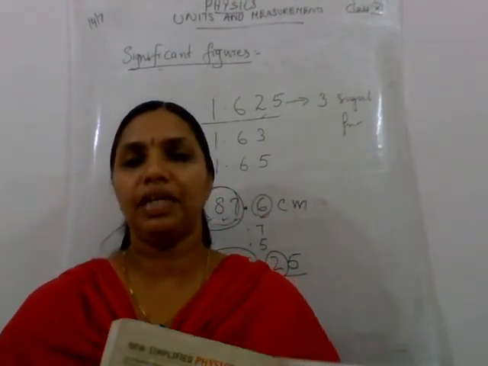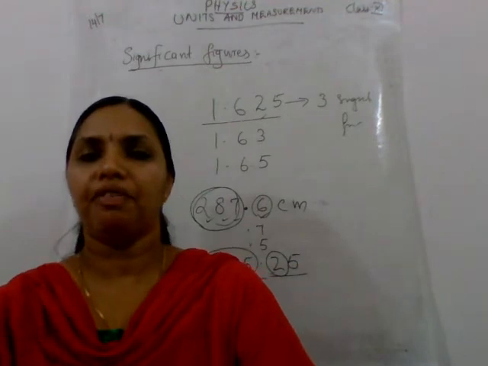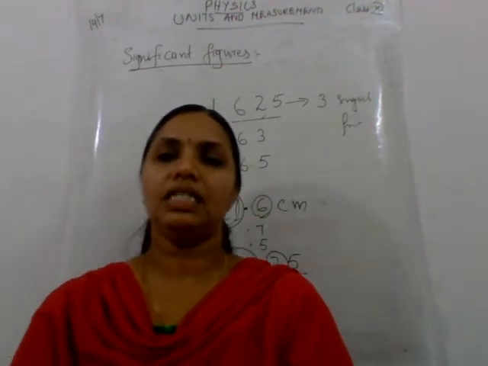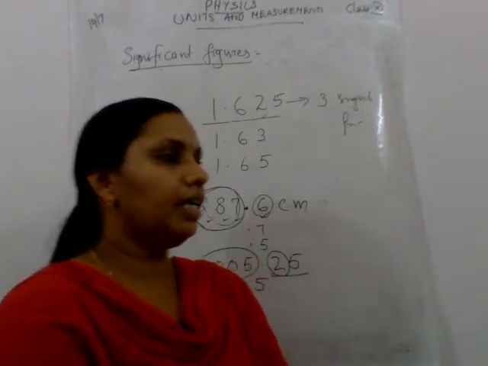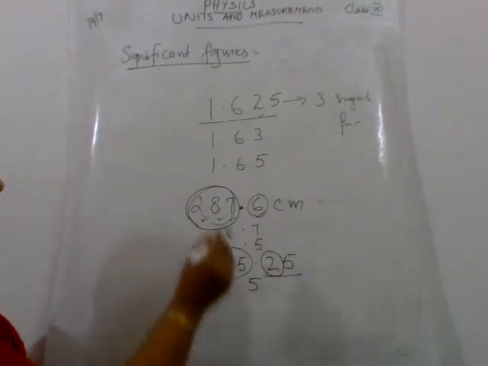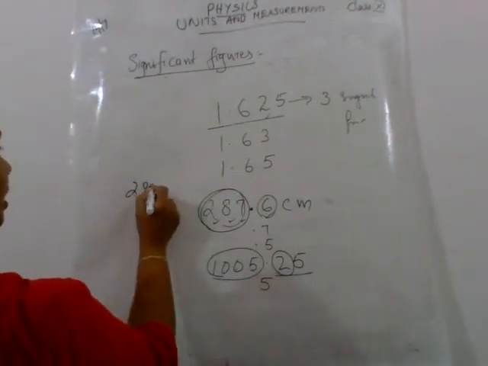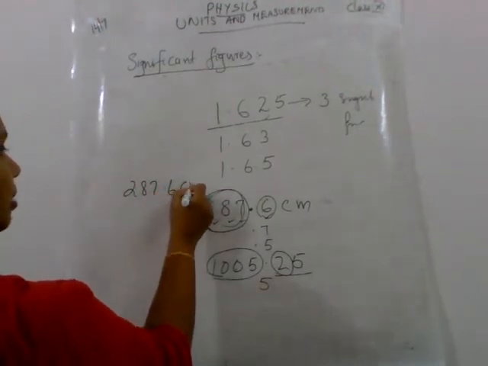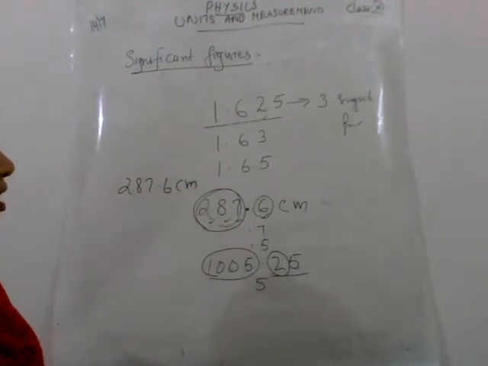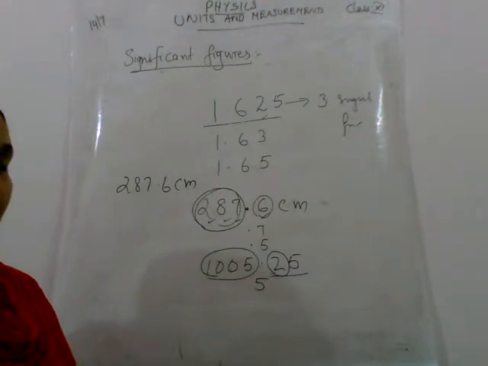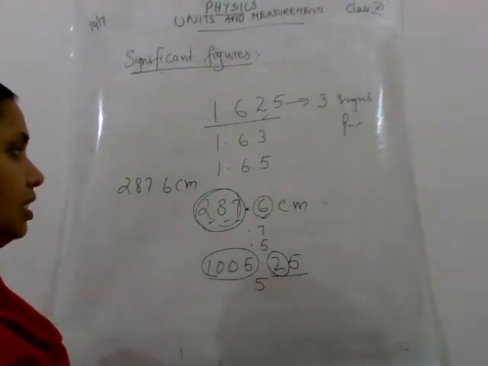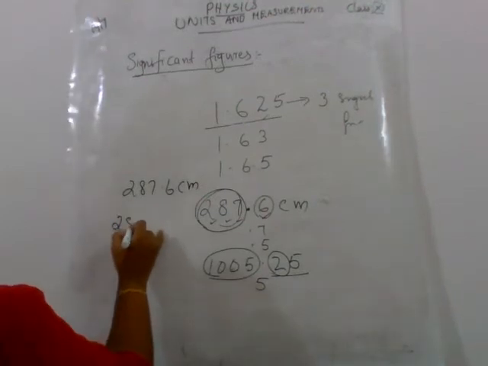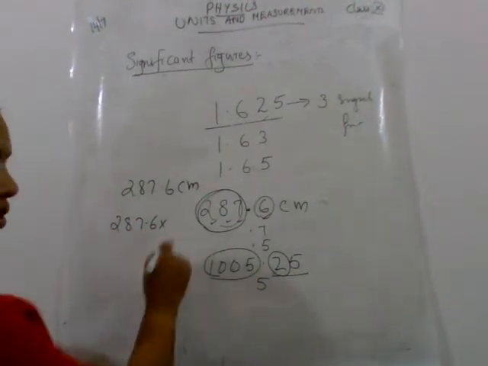The last one is very important. Here you are following the CGS system or SI system. In the CGS system we get the measurement, say here, 287.6 centimeter. So you are converting it into the SI system, which is in meter, that is 287.6 into